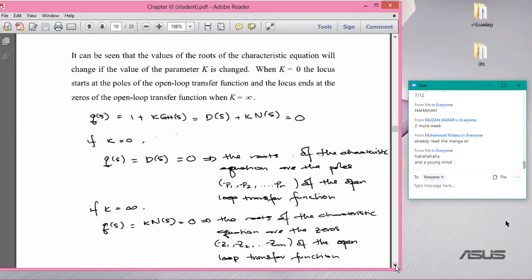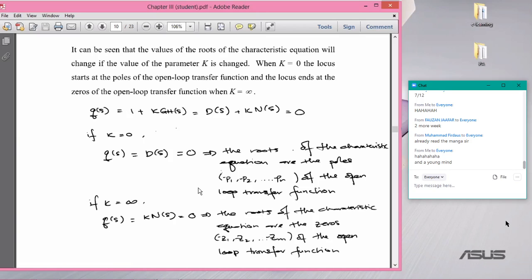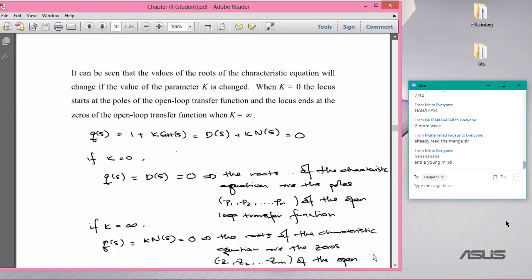There is another characteristic of the root locus diagram. It says here that when k is equal to 0, the locus starts at the poles of the open loop transfer function, and the locus ends at the zeros of the open loop transfer function when k is equal to infinity. So the locus will start at the pole and end at the zero. So what is the pole and what is the zero? When you write the open loop transfer function,